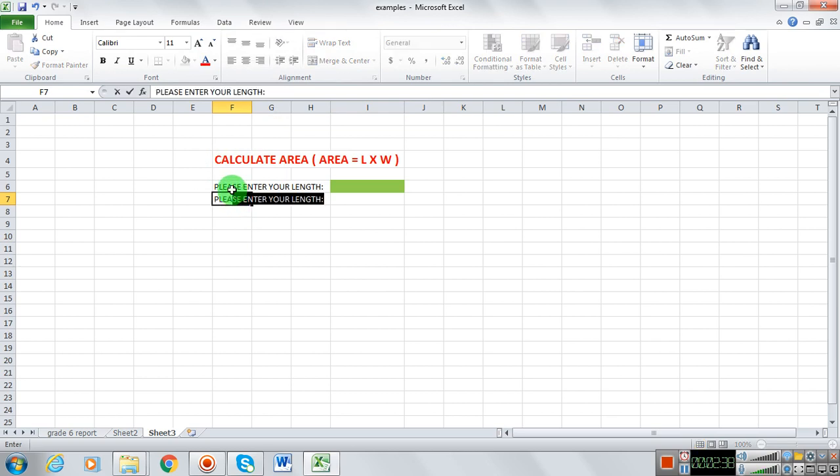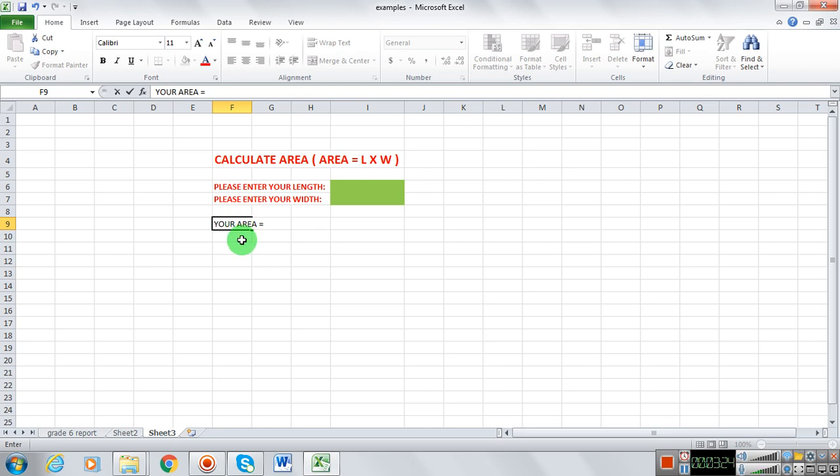Okay, please enter. You see, it retyped. When you're dealing underneath, you retype the information. We can go on top and just delete this part, and just put a space here. Your width. Then we can put a nice little green here. This here we probably want to make a little bold, a little red. So we're asking them to enter their length and their width. So when they enter data in here, this will be the calculation part. So we're going to put your area